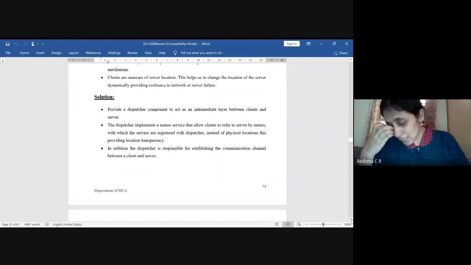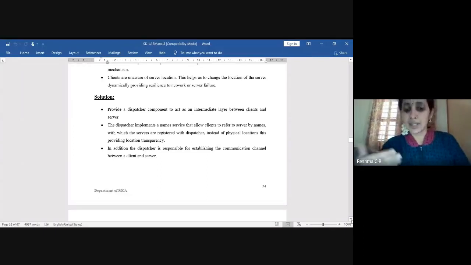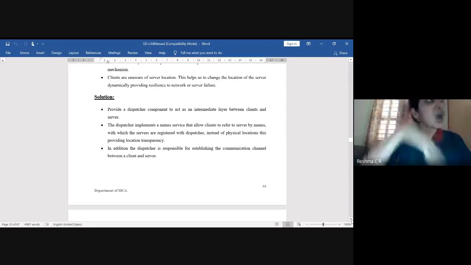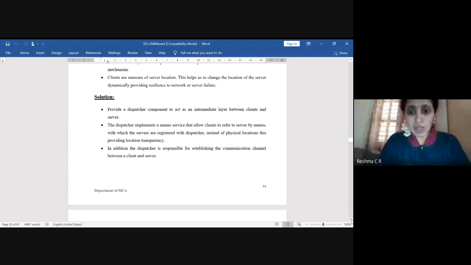When a client sends a request, the dispatcher will locate the server: which server is able to provide the service, and whether the requested service is available within that server or not. That has to be identified.